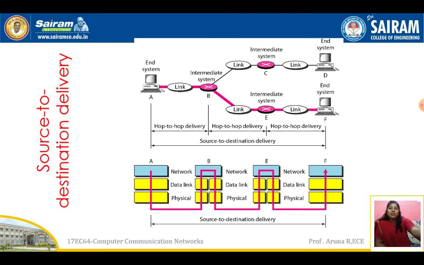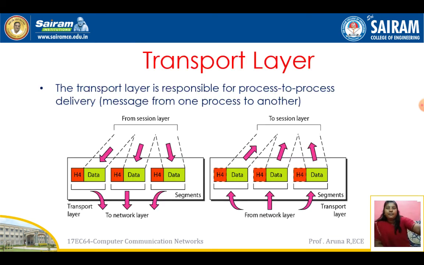So the network layer's responsibilities are to keep track of the information from source to destination, congestion control and logical addressing. In this diagram, the difference from the previous diagram is that from A to F a continuous link line is running, whereas in the data link layer, A to B was cut, and again B to E was separate. That was hop to hop, but here in the network layer it is source to destination delivery.